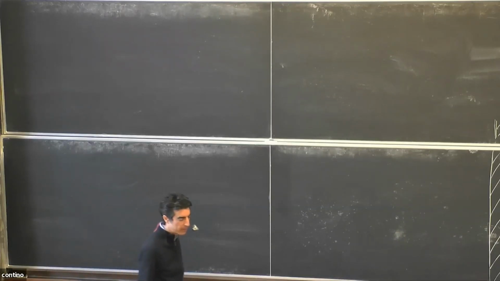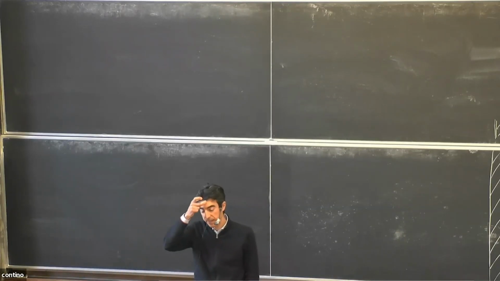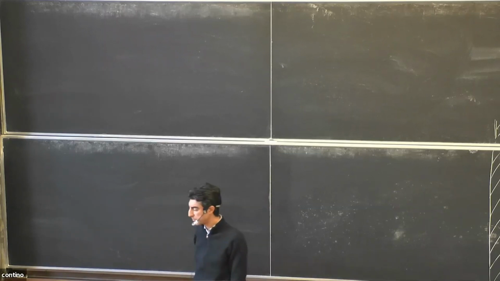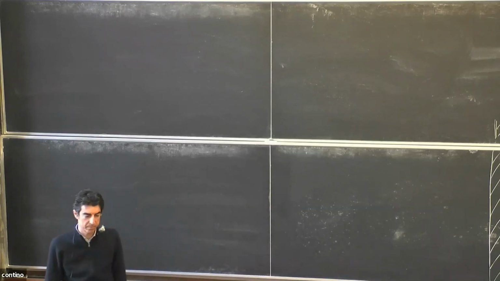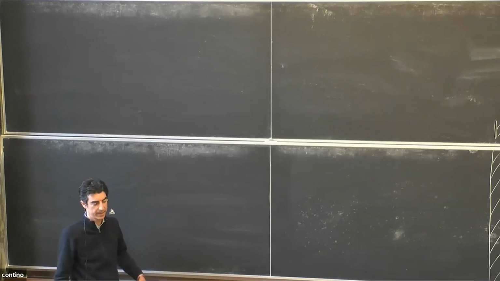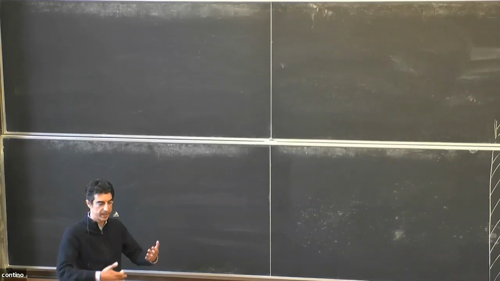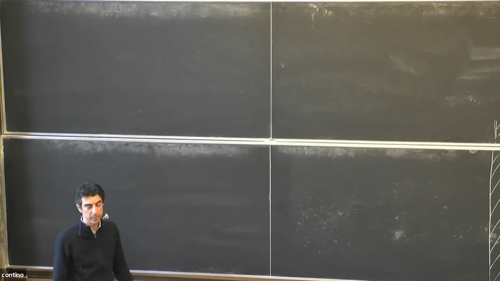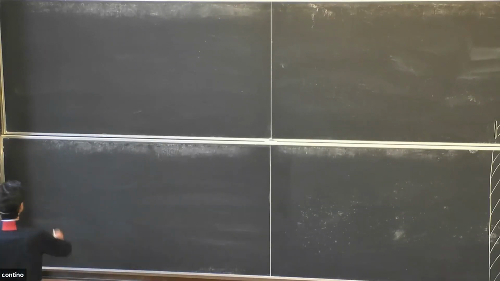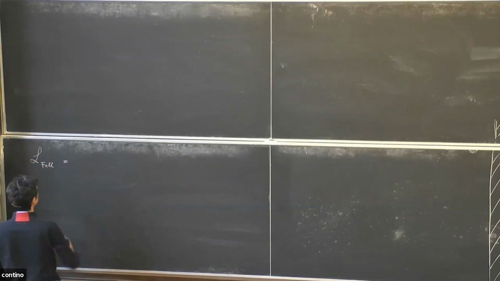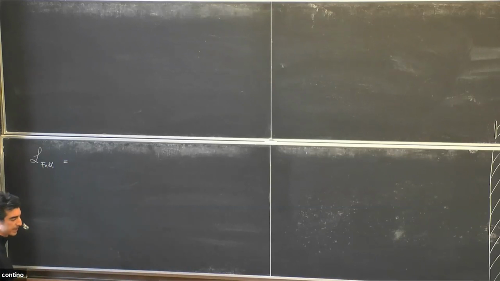Let's continue our discussion, and what I want to do now is to show you an explicit example of matching. We're going to do an explicit calculation in the simplest possible situation, one in which both the UV theory and the infrared theory are weakly coupled. Okay, so consider a full theory which is describing a Dirac fermion, which I will denote with psi, and a